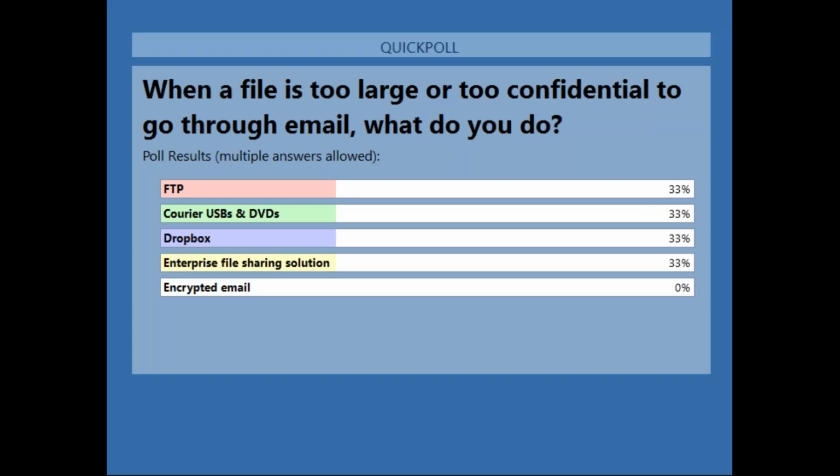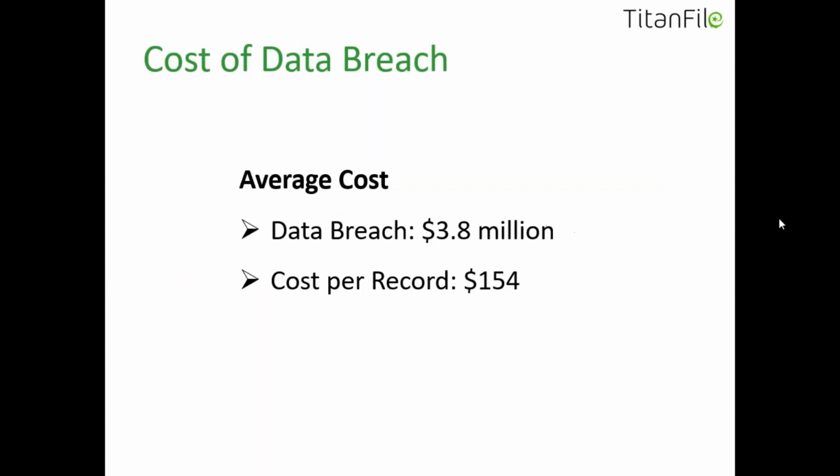Some more traditional methods like FTP and couriering of physical media for that large file transfer, and there's some file sharing solutions being used both on the enterprise side and on the consumer side. All right, let's keep rolling. Let me just hide this poll. Okay,